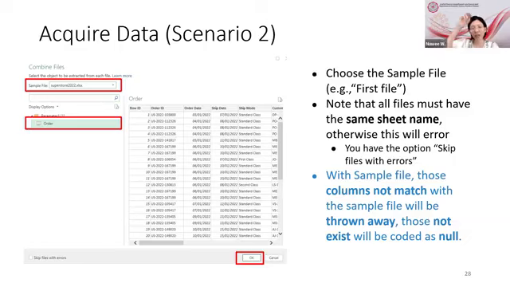แต่ถ้ามันไม่มีคอลัมน์ตาม row model สิ่งที่เกิดขึ้นก็คือมันก็จะกลายเป็น null เห็นไหม those not exist will be coded as null, those that exist but not exist in the template will be thrown away. นี่คือเป็นความแตกต่างระหว่างเวอร์ชันนี้กับเวอร์ชันก่อนนั้น คุณก็ต้องตระหนักรู้ไว้ด้วยนะคะ